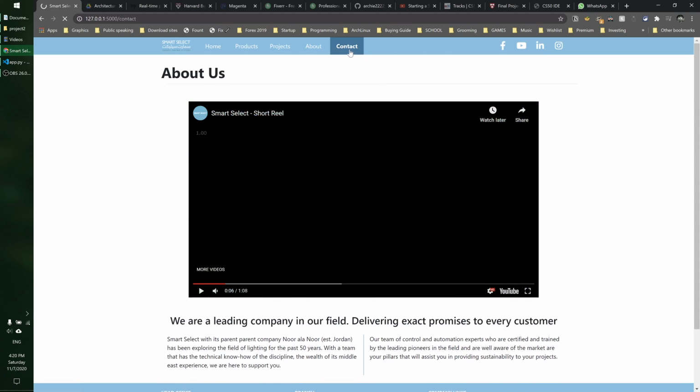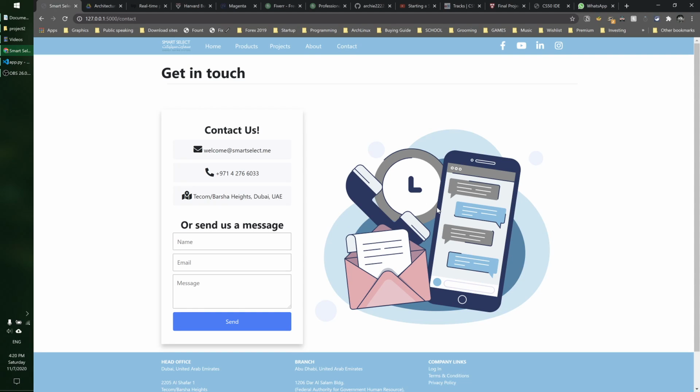When we go to the contact page, there is a contact form where you can again email the company, call us, or follow the link to the Google Map location of the office, or you can just send us a message via this form.